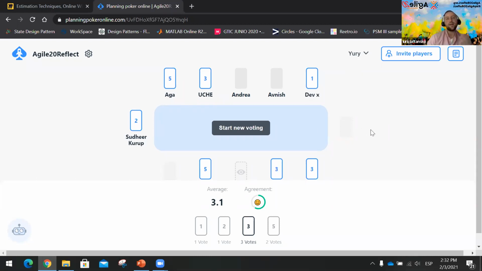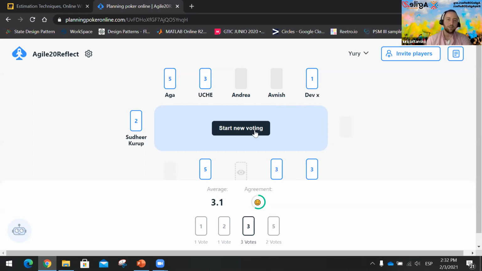So we had some points. We have an experienced member on our team who can do this easily, right? And he just put it as 1. So we could start a new voting cycle. As you can see, it's a bit time consuming, because we just start talking and we need to come to an agreement, right?